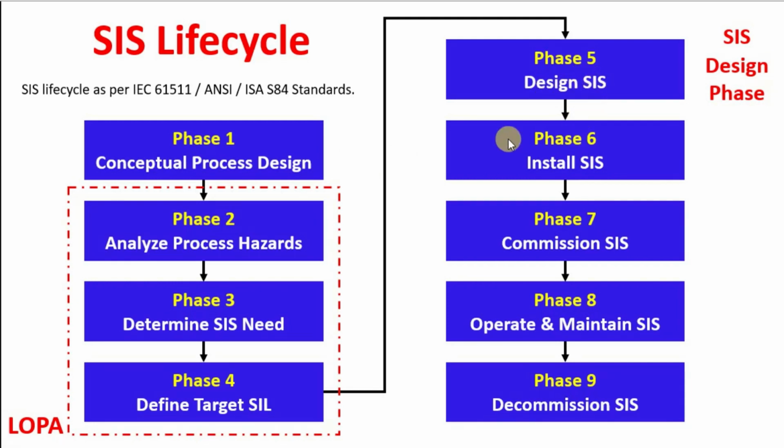The next one, based on the design, goes to the installation phase, installation of the safety instrumented system, then commissioning of the safety instrumented system, then operate and maintain the safety instrumented system, and decommission in case of any need. If one particular process unit is getting decommissioned due to a process change or any other reason, there may be a need to decommission the instruments which have been constructed in the earlier phases. So this is discussed in this phase. Actually, this is part of the IEC 61511 ISA standards. There could be some more phases which need to be studied and taken care of, which we will discuss in further